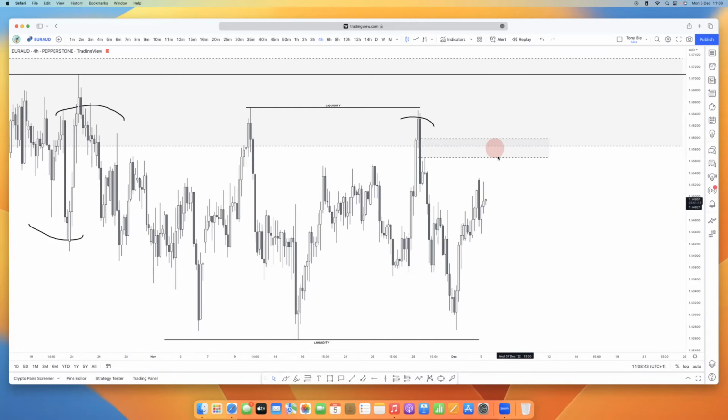But if you are in with a much bigger lot, you know how to split it, take something, move stop loss to break even, just do your thing. Okay, but make sure you profit on this if it's going to play out.